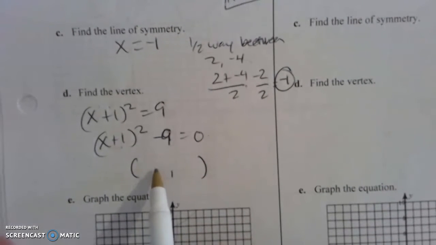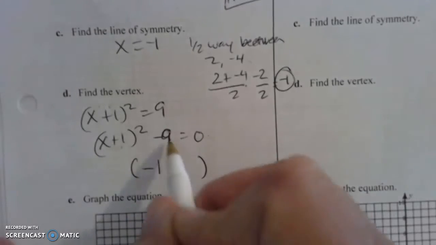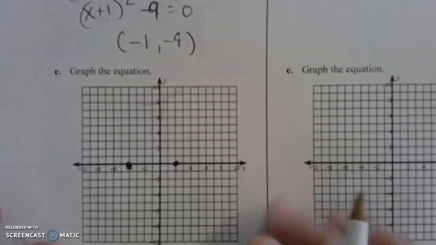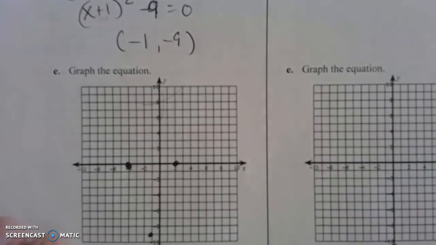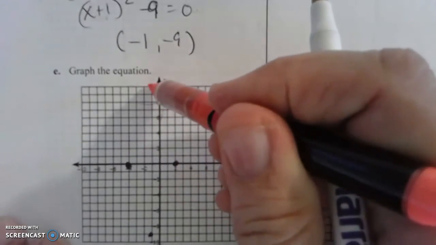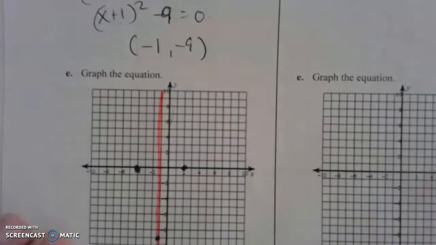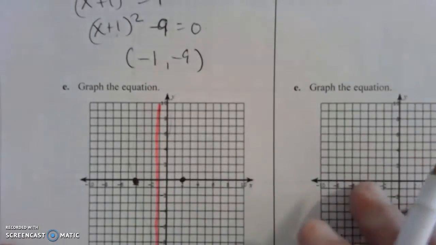And then now I can get my vertex straight from here. The opposite of this number is negative 1, and then that's negative 9. I'm going to come down here, and I'm going to plot negative 1, negative 9. And notice that my vertex ended up on the line of symmetry, right? So I could just really graph it like this, whoop, whoop. But to find my